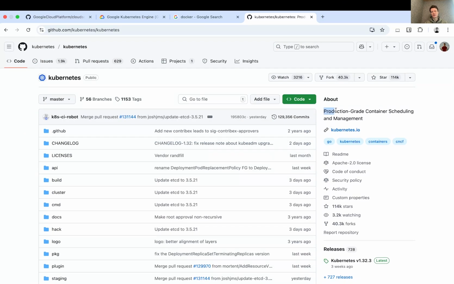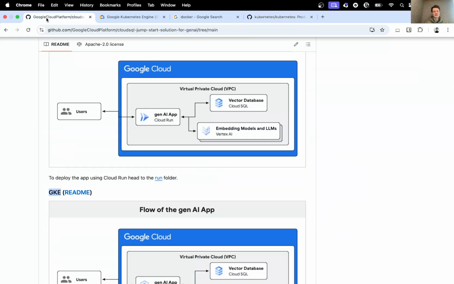They call it production grade container scheduling and management. So basically once you have such a Docker container, Kubernetes allows you to automatically schedule them, manage them, and basically allow them to scale. They will provision more and more containers whenever your application gets more demand, and when demand gets lower, then the amount of containers also gets lowered. And so for this example app,